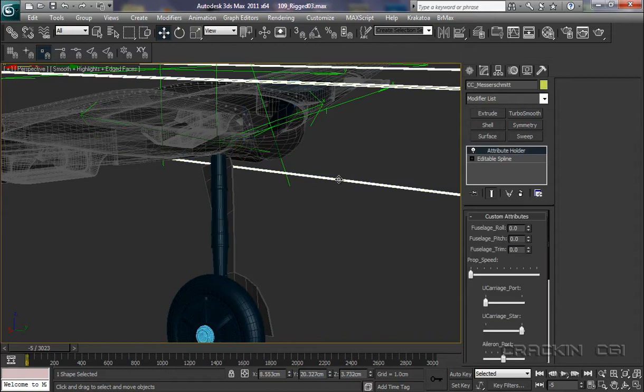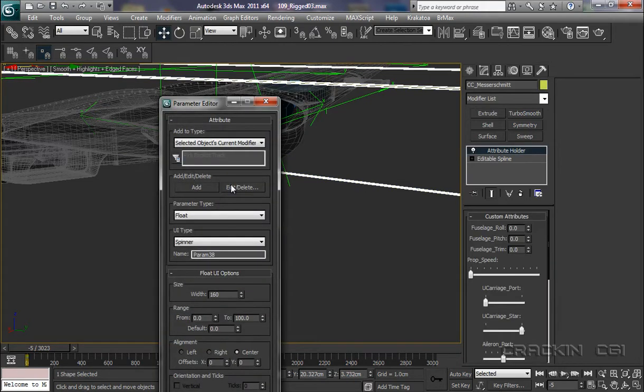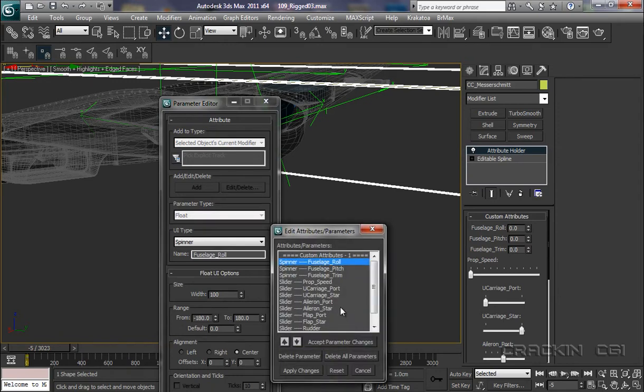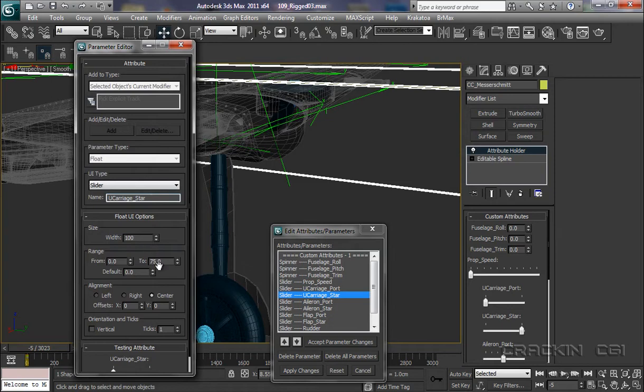Now select this, the control curve, Alt 1, edit, we're looking for undercarriage starboard, and this time we want to make this from 0, and this is in a positive roll now, so 0 to 83. That's what we had for the last one. Press return, apply changes,